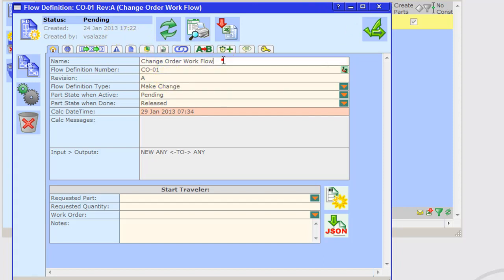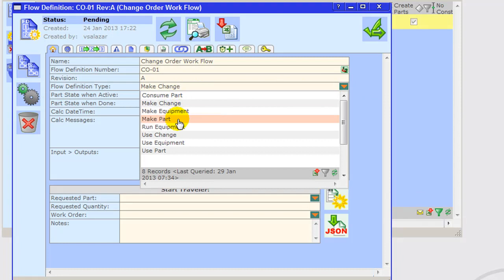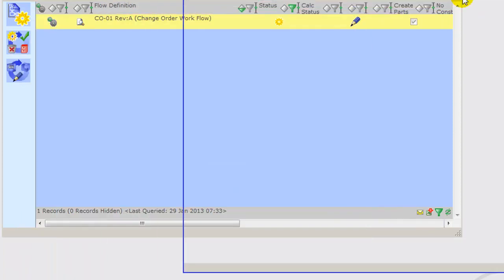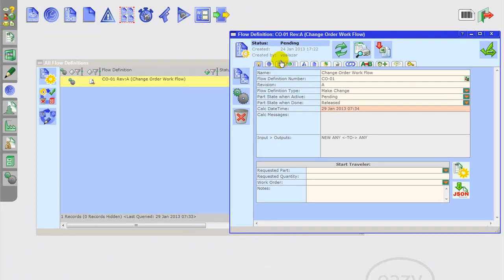definition, we just give it a change order workflow name, CO-001 revision A, and for the flow definition type, you need to make sure you select make change. Part state when active is pending, part state when done is released. So that concludes the flow definition for the time being,